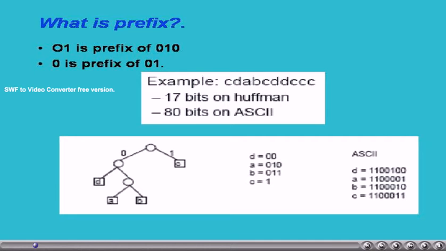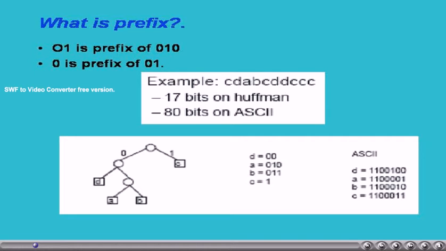If we traverse towards left, it is considered as 0, otherwise 1. Thus, for example, the code of the symbol D is 00, as it is left of its parent, which is left of the root.